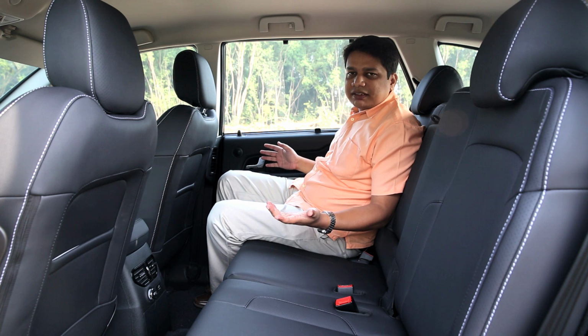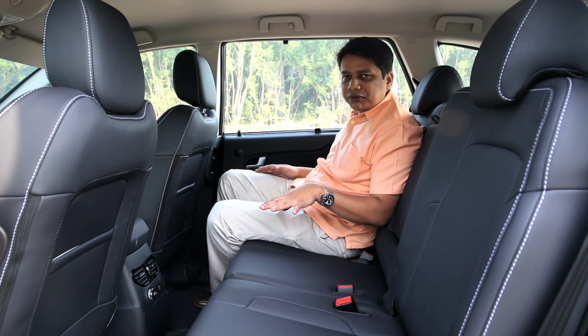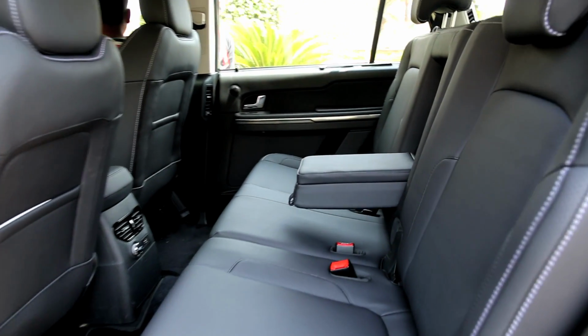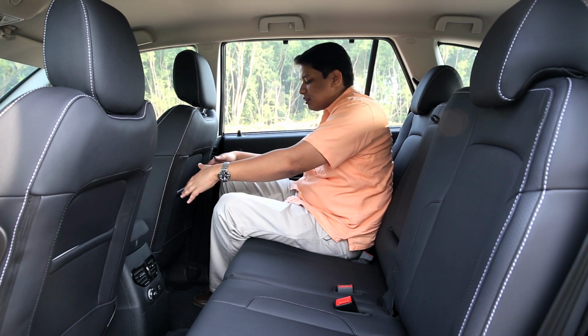So here I'm in the back seat of the Tata Hexa, and remember, this car comes with a choice of a 6-seater or a 7-seater option. Now, this one of course is the 7-seater. The 6-seater option comes with captain seats over here at the back, and we'll just show that to you in a moment. But right now we are in the 7-seater, and as you can see, knee room is more than